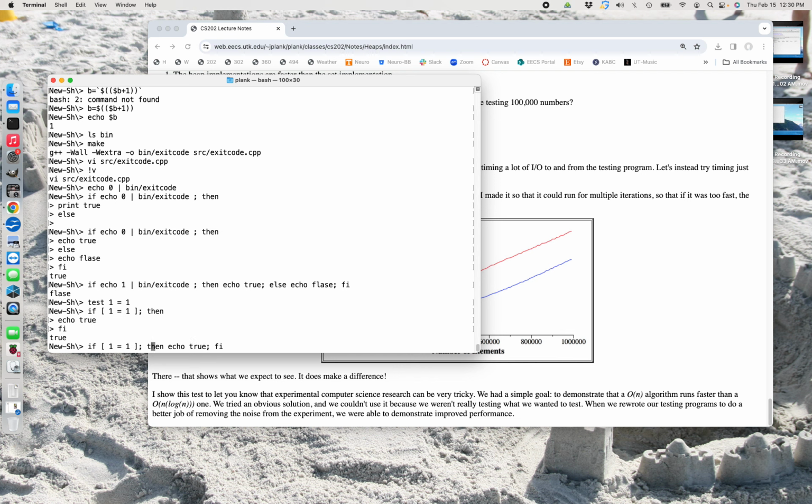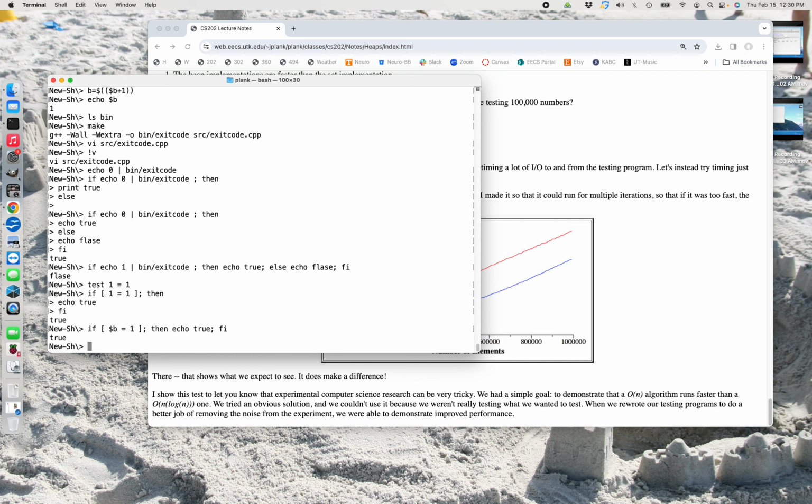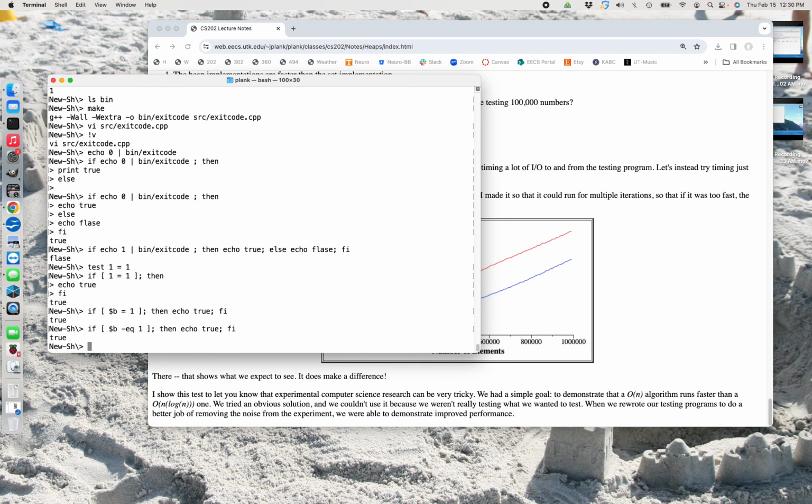Now, so here I could put B in here now. And that's string equality, although with numbers it typically works. If you want numerical equality, you can do -eq. You get Booleans, you can do ORs. So you've got -eq, you have -ge for greater than or equal to, right? All of those things, you can mix things with Booleans. Again, keep them simple.